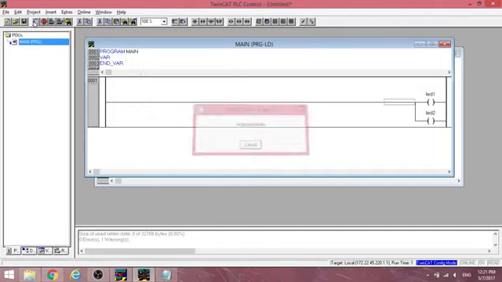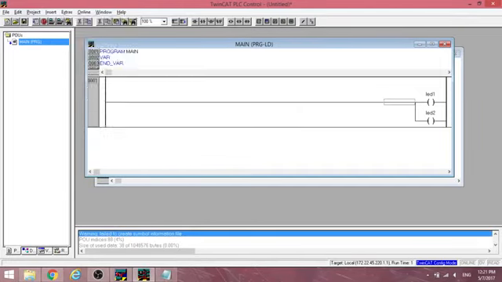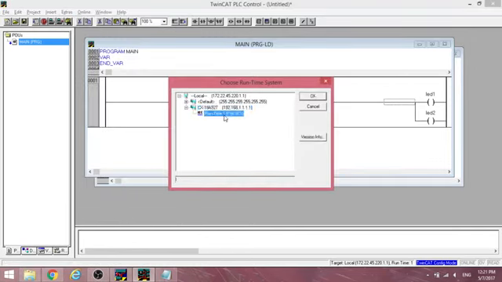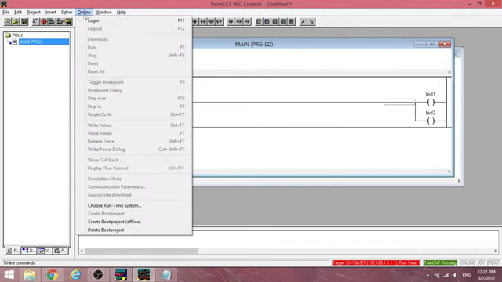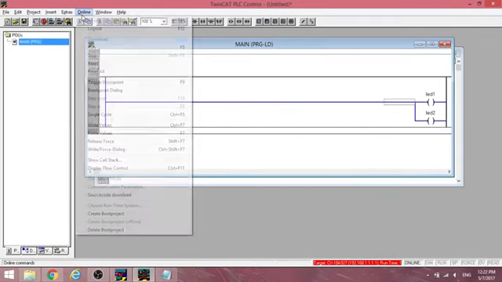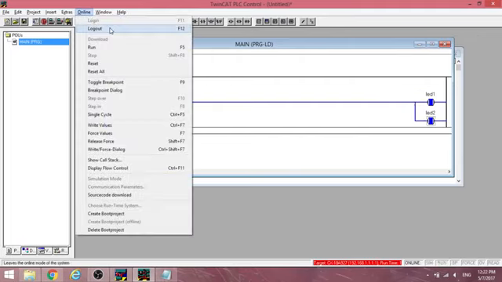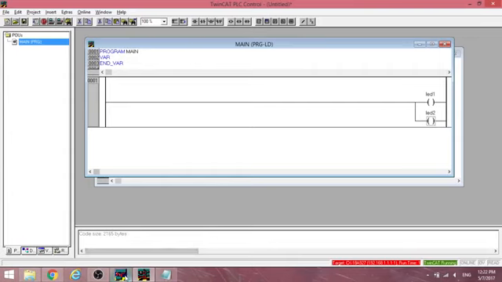Then go online, select the PLC, choose Runtime 1 and run. The output coils should be activated. Log out from the PLC, save the PLC program,